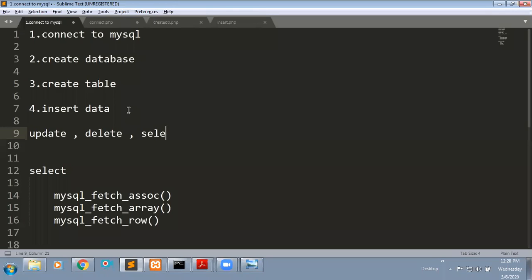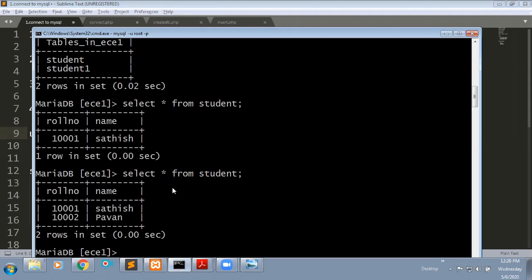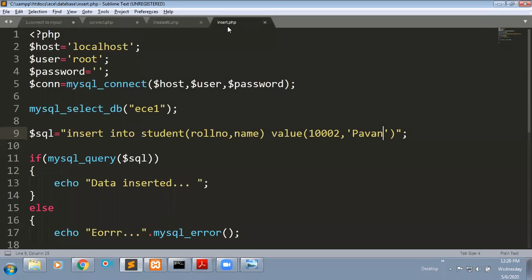You can select your data from the table also. From here I'm able to select by writing the query, right? Instead of writing here, by using a PHP file also you can write that selection query. All the operations we are going to perform by using a PHP file.